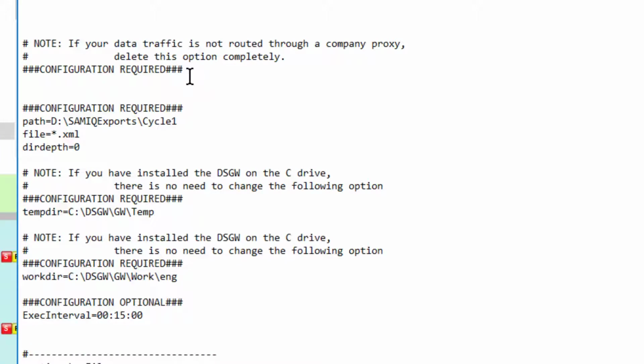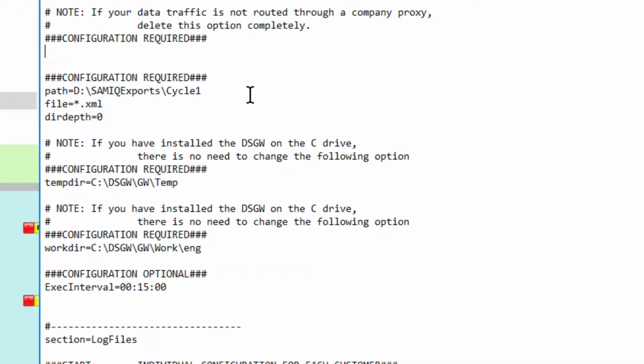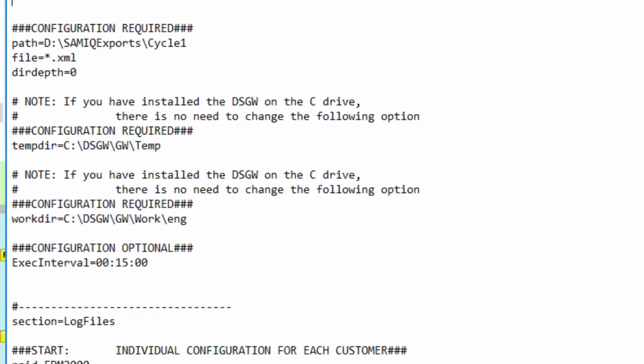which I've already done. Under here there'll be a line of code that says proxy, user proxy. So if you have a company proxy that you have to go through to get out to the outside world, then you need to put that in here. For mine, I haven't got one, so you delete it. You have to be careful because there's two of those. But if we come on to this file here